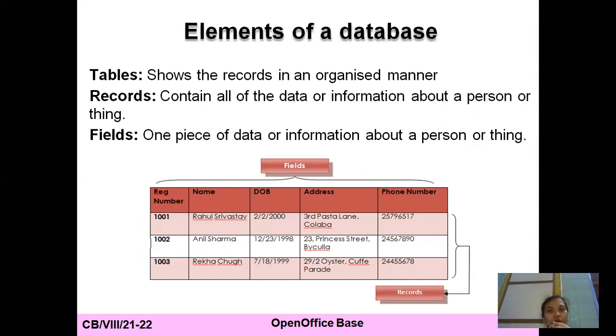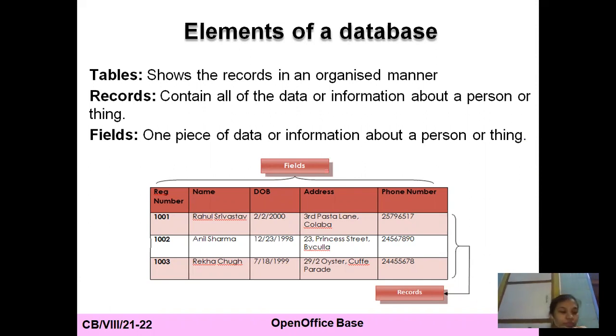Okay, what is the meaning of record? Record means a row. It contains the information for a particular entry. For example, if you are making your table, your name, your school name, your roll number, your class, everything will be in one row. So that is called a record. What is the meaning of field? For example, whenever you are writing a name, the name is a particular field. It's a column, meaning a field.